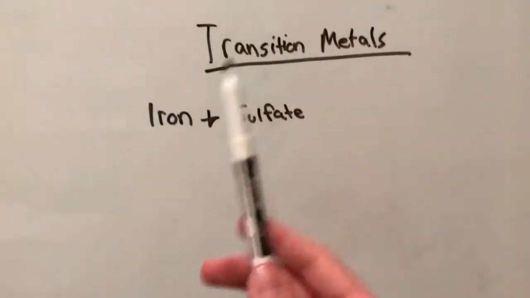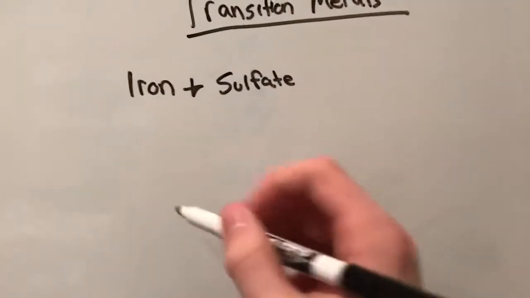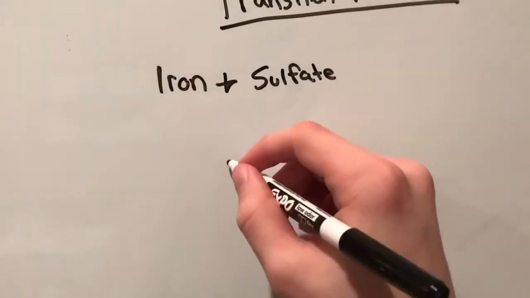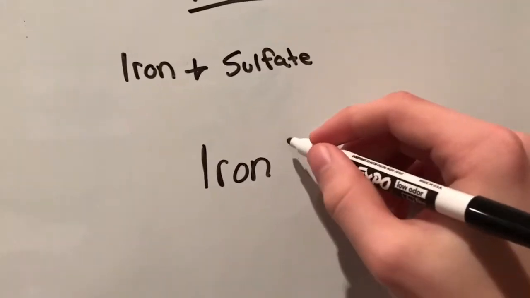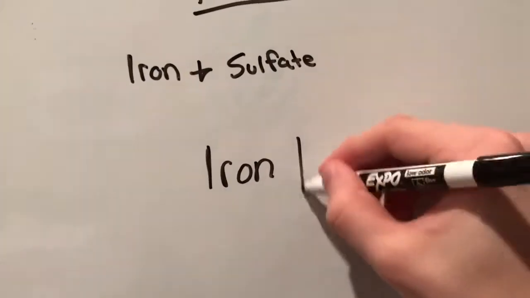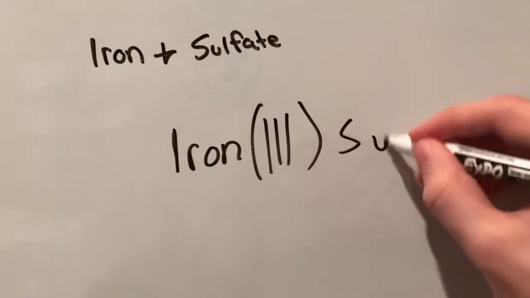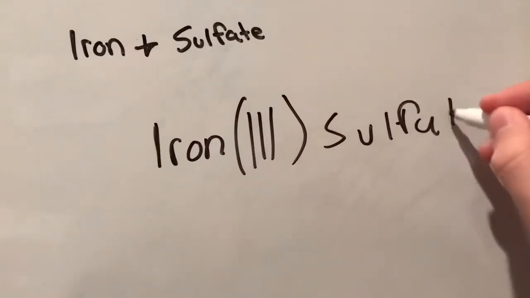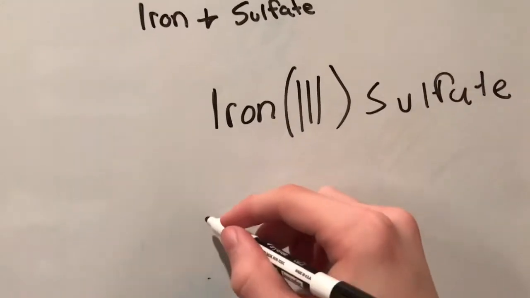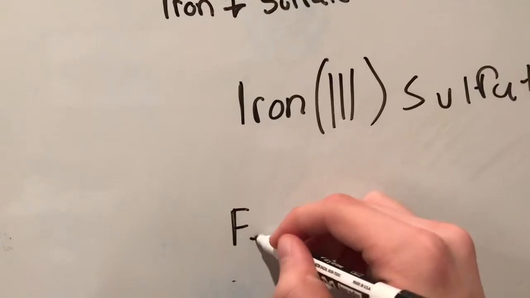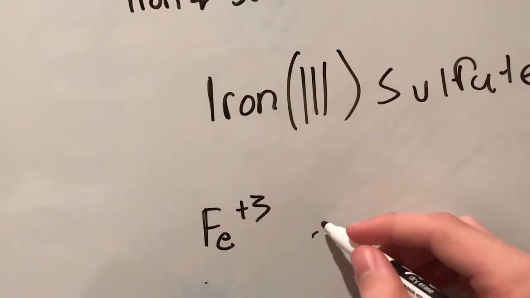For transition metals, I decided to use iron, and then sulfate, which is a polyatomic ion. And iron always has a charge of +3, even though it's a transition metal. So the way you write the formula would be iron Roman numeral 3 in parentheses sulfate. And the formula would be iron's symbol, which is Fe +3 charge, and sulfate, which is a polyatomic ion, is